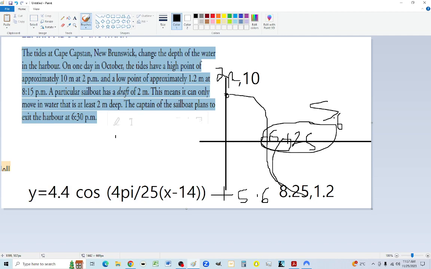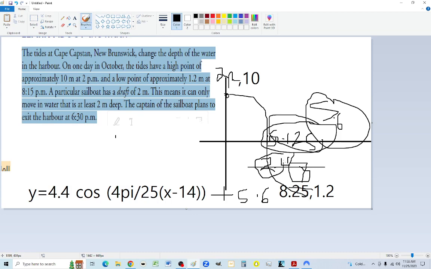Somewhere between 6 and 8.25, it's going to be halfway between this distance. Between 6 and 8.25 is roughly an hour, so it's roughly 7, right? And halfway between 5.6 and a minimum of 1.2, if I subtract them, it's 4.4. It's roughly 2.4. So right away I can tell at 7 o'clock it's going to be 2.4 meters,